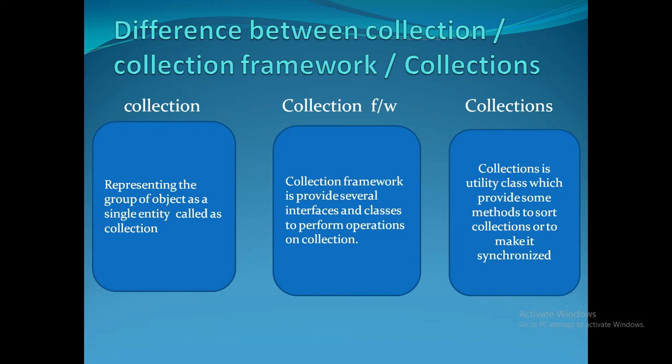In the collection framework we have several collections like list, array list, and some of the set, map. These are some of the collection objects in the collection framework that are non-synchronized. But in several scenarios we might need the synchronized version of these collections. That time we have the synchronized method in the collections utility class. That method we can use to make it a synchronized one.